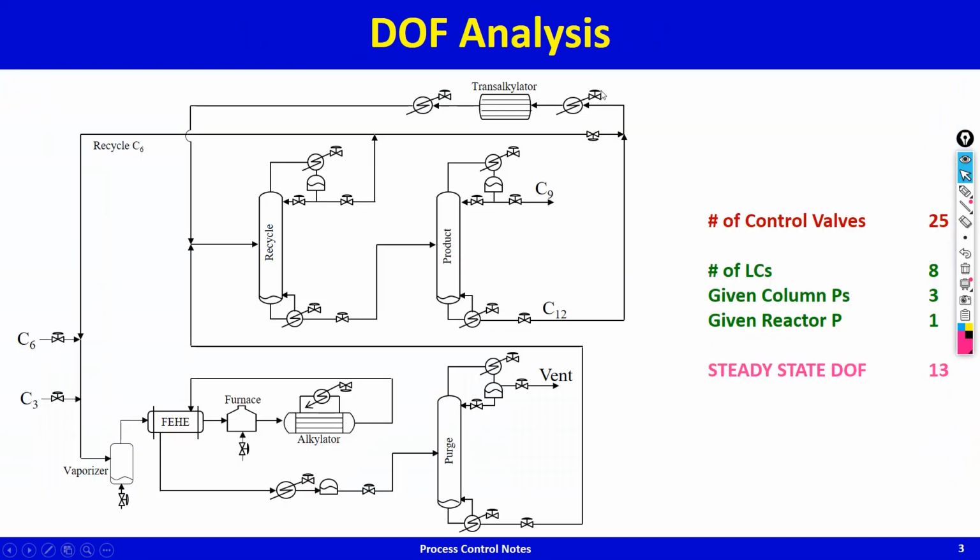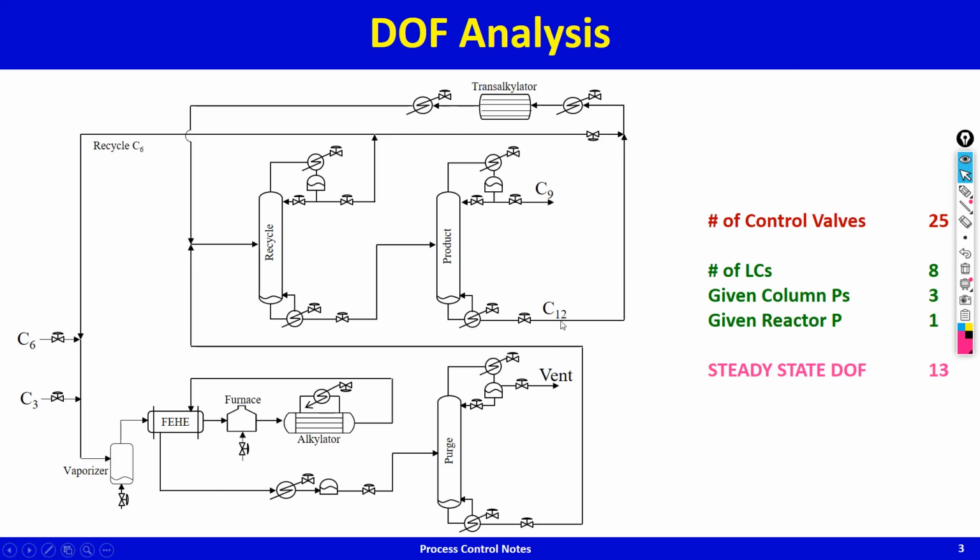And then of course there is this control valve. Just like we are saying that the C6 to C3 ratio should be high in the alkylator, similarly we want the C6 to C12 ratio to be high. See, C12 is fixed by the alkylator. Whatever C12 gets formed in the alkylator is going to come out here. So C12 is really not in our hands. What is in our hands is C6. How much C6 we are putting here, and we would like to put more C6 here because that will push the reaction equilibrium to the right. So this ratio should be large, maybe 2, 2.5, 3, maybe 4.